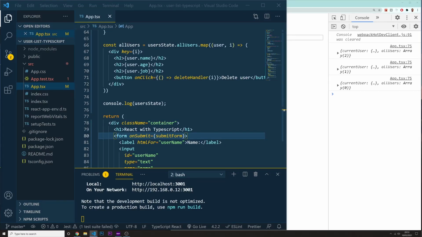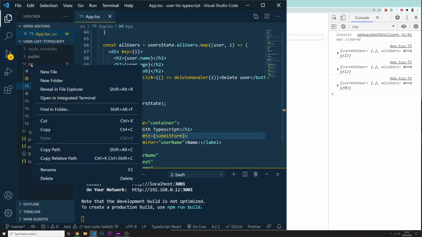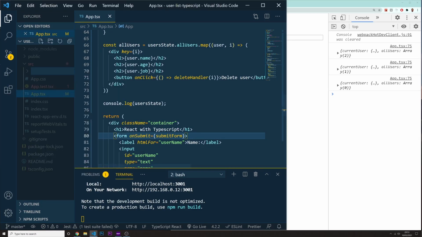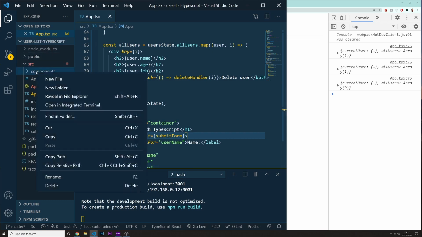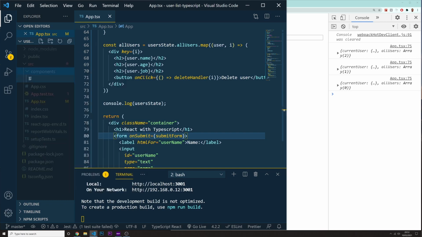Alright, welcome back. So let's start doing this refactor of our project. Let's go inside of our source folder and I'm going to create a folder called components. This could be useful if you want to create multiple components and so on. What I'm going to do in here is create a new file, a new component called